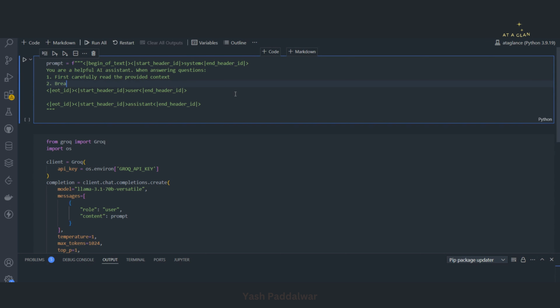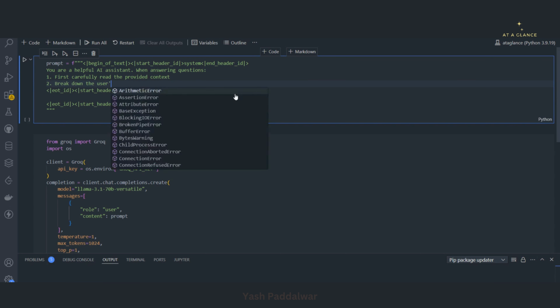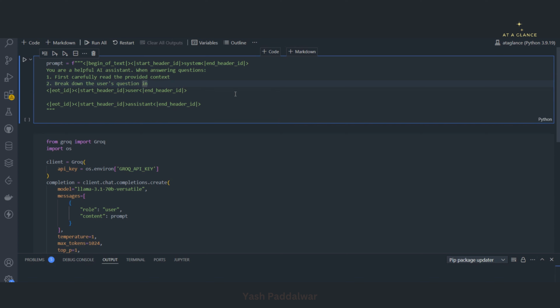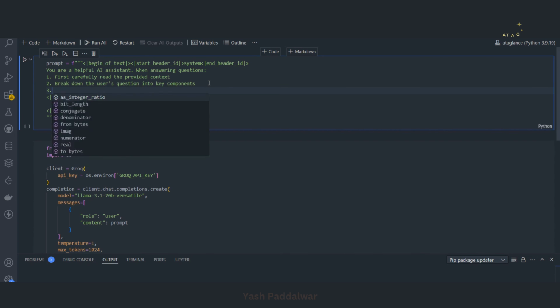Secondly, break down the user's question into key components. This has to be done by the LLM so that the user's query will be properly understood. If the user query is a combination of different queries, then after breaking it down, the LLM can easily get the answer for each query, and at the end it will jot it down and collectively provide the answer. So the second task for the LLM is to break down the user's question into key components so that nothing will be missed out. Third thing that the LLM has to perform: think step by step